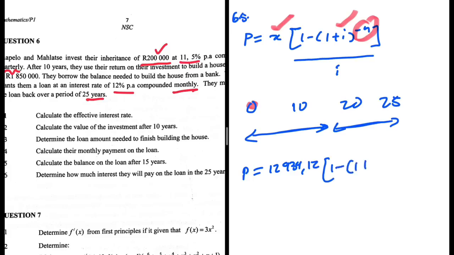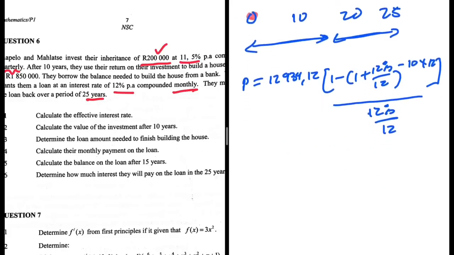1 minus (1 plus 12% divided by 12, compounded monthly) to the power minus 10 multiplied by 12. Everything, well, it can be everything because multiplication is commutative, it doesn't care about order. The interest is 12% divided by 12. So I just needed to put that in my calculator and I'm getting